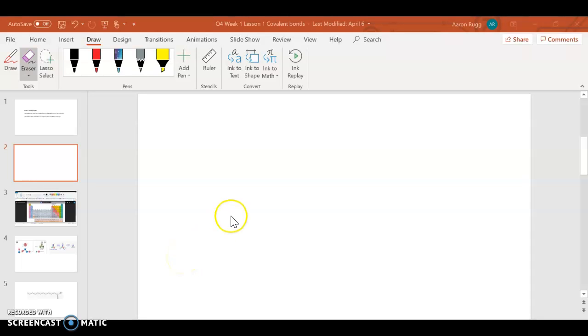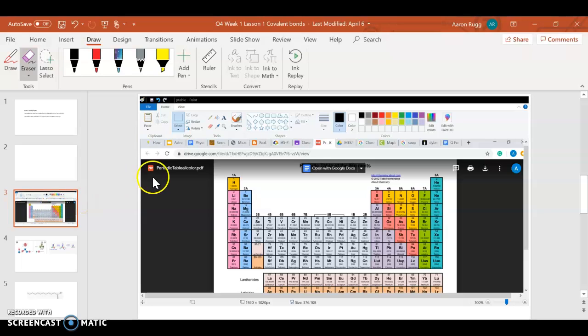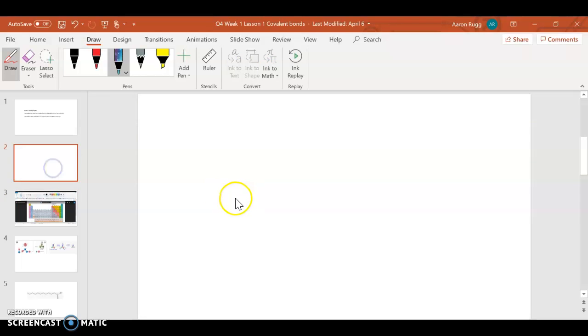Okay, so here's an example of a case where you would have a double bond. So let's start with, let me go to the periodic table. All right, so I will create a molecule. We'll do carbon dioxide, so carbon and oxygen. So it's going to be the molecule carbon dioxide, so the formula is